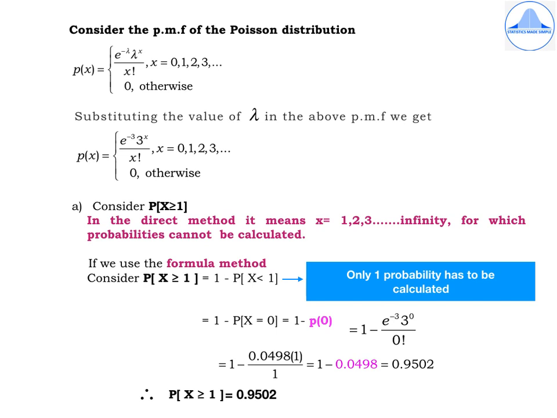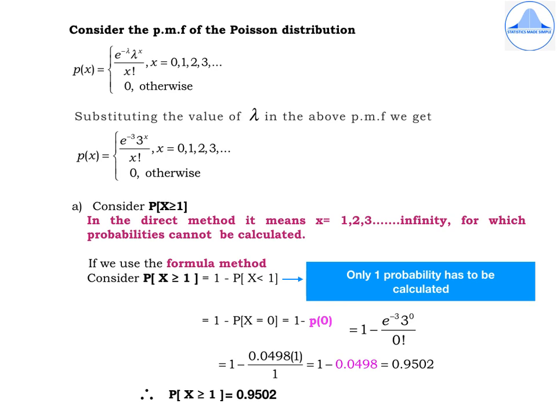You start with: consider probability of capital X greater than or equal to 1, which is 1 minus probability of x less than 1. Now, which is the value which is less than 1 in the range? It is only 0. So the next step will be 1 minus probability of capital X equal to 0, which is 1 minus P of 0. How do you calculate P of 0? In the p.m.f., wherever you have x, replace it by 0. So you'll get 1 minus e to the power minus 3, 3 to the power 0 by 0 factorial,